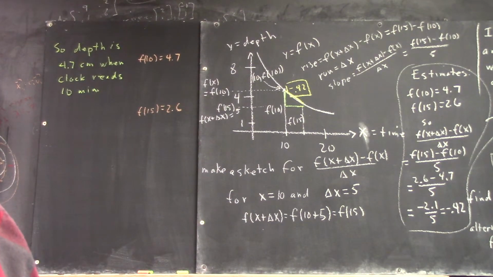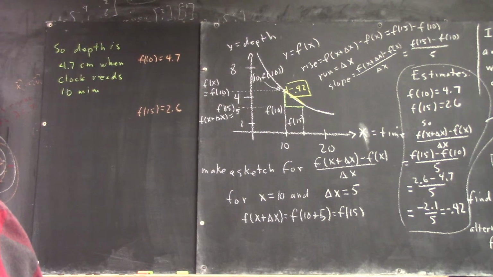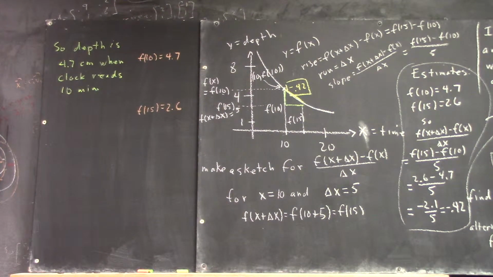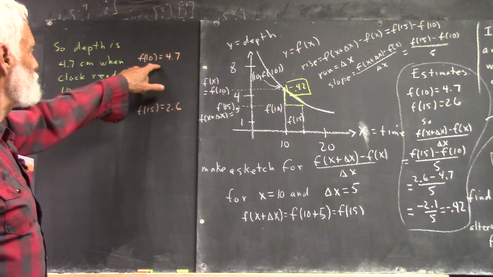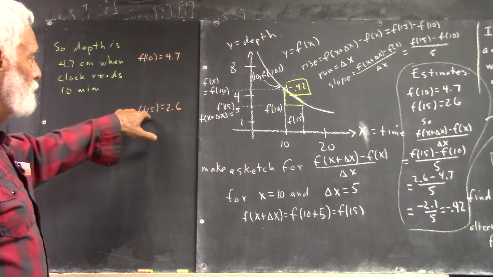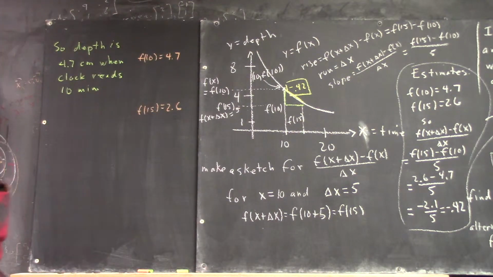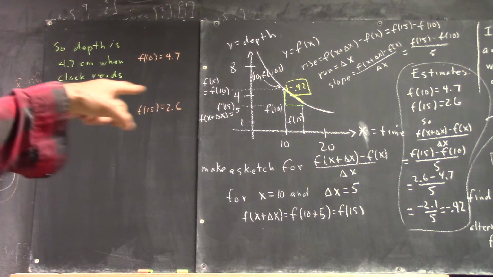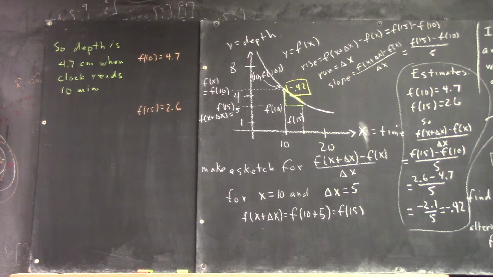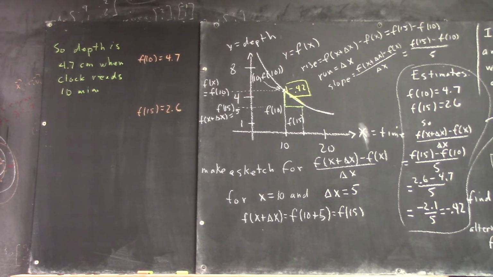Write out a statement that interprets f of 15 equals 2.6. So we ought